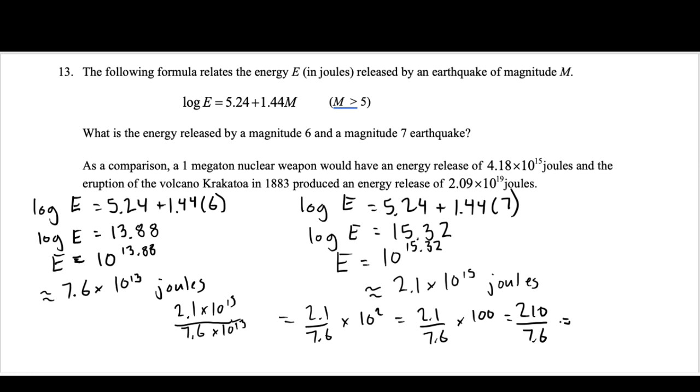And let me just plug that into my calculator real quick here. 210 divided by 7.6. If you round that to the nearest whole number, it's about 28. So what that tells you is that a magnitude 7 earthquake is about 28 times more powerful than a magnitude